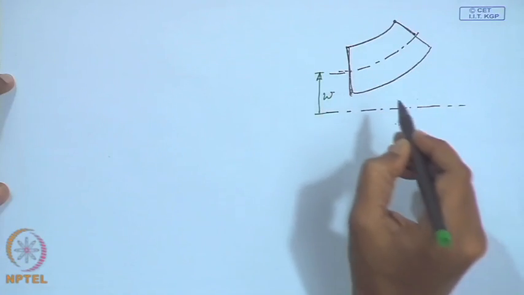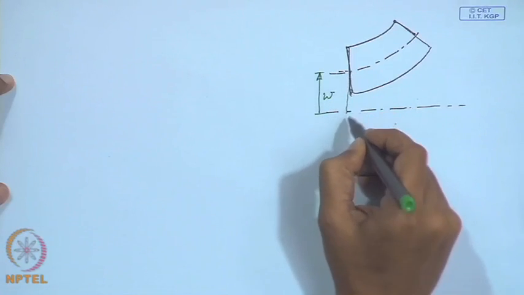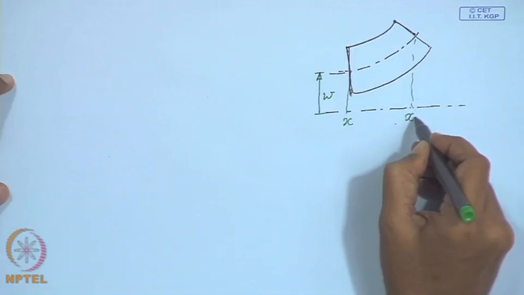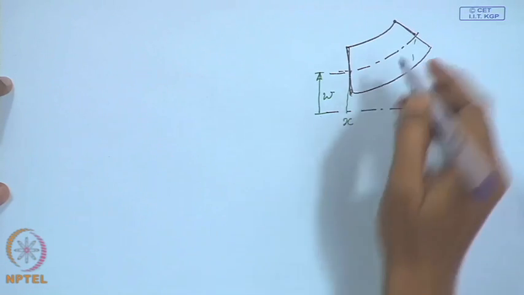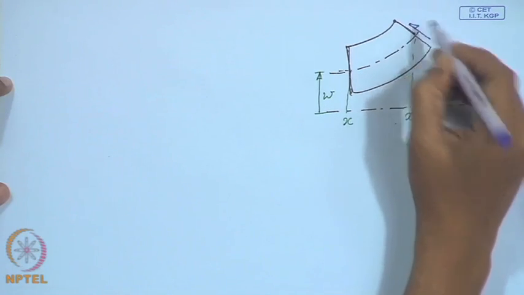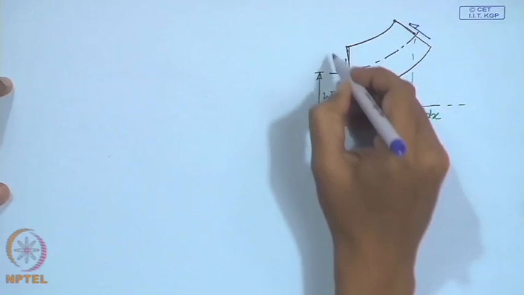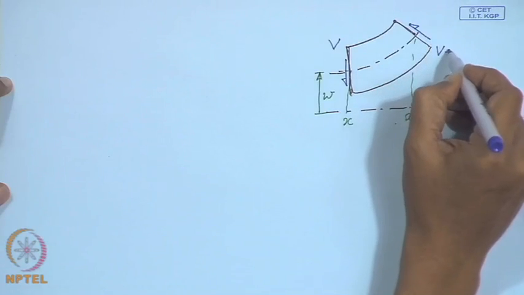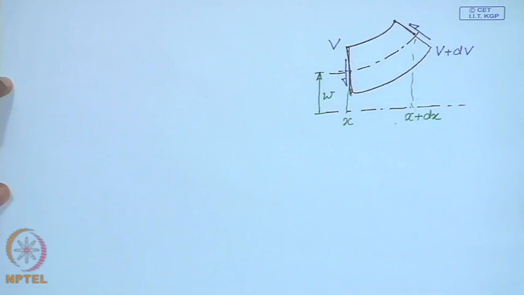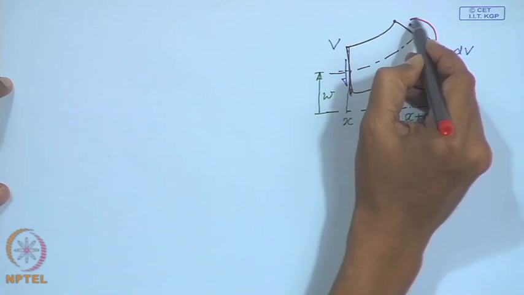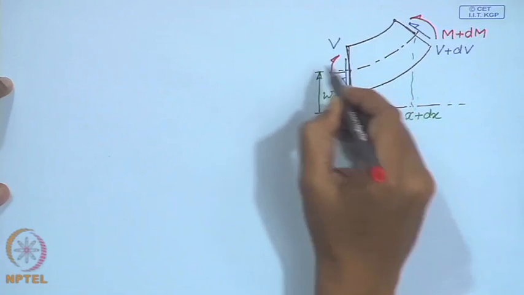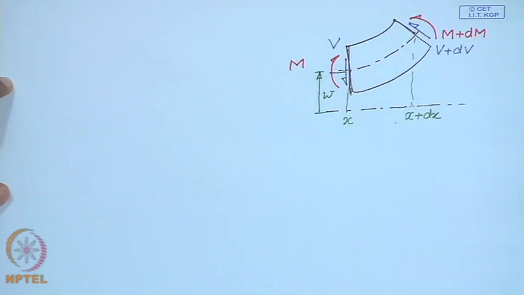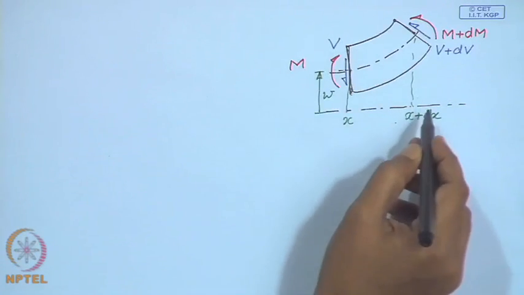So, this is the transverse deflection at x at time t. Here we also have the shear force and the bending moment. So, if you write down the transverse dynamics for this element,